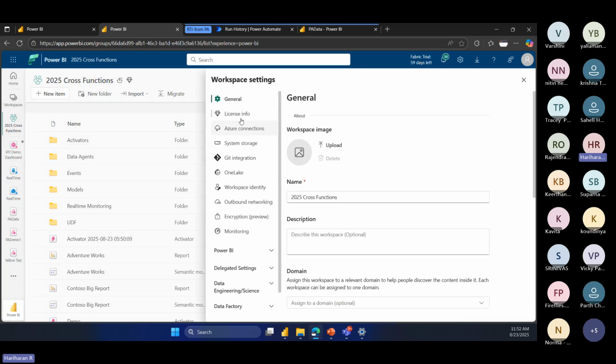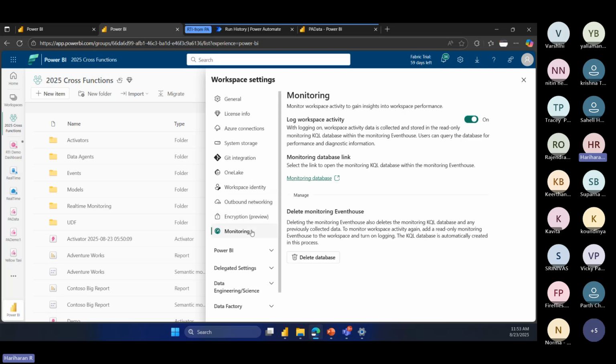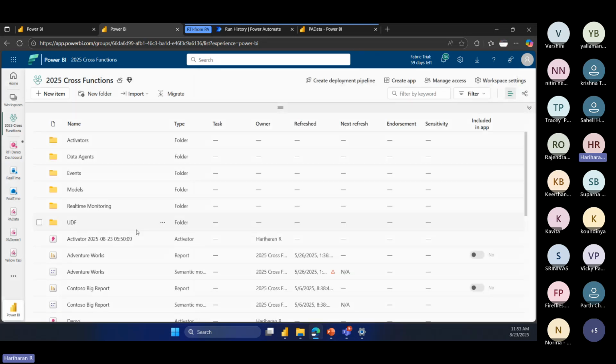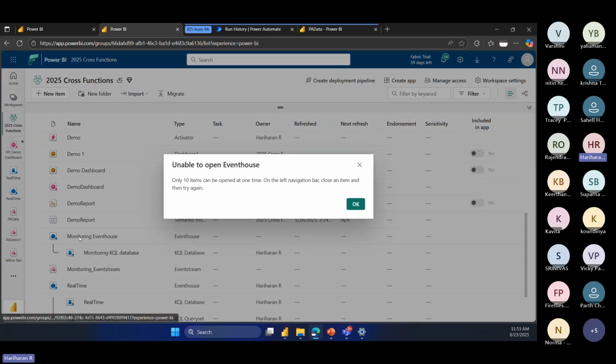If you go to the workspace here under Azure connections, you can create a Log Analytics. This is an Azure service where you can push all these logs to Azure Log Analytics. Within Fabric, you have this out-of-the-box option called monitoring. This is going to create a new Eventhouse, which is going to capture all your logs related to Power BI. If I go to that Eventhouse,